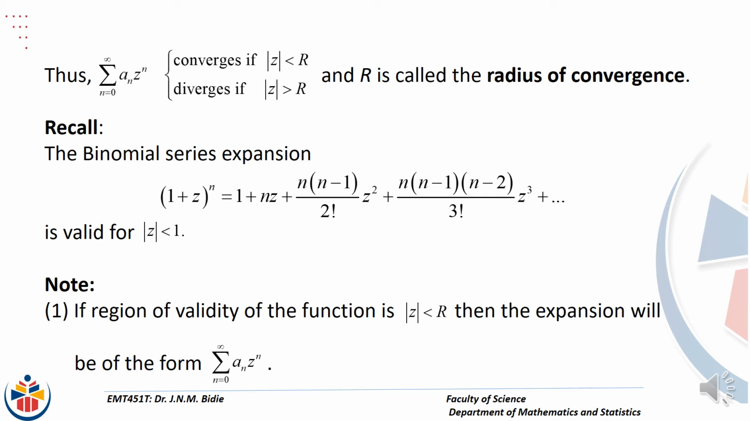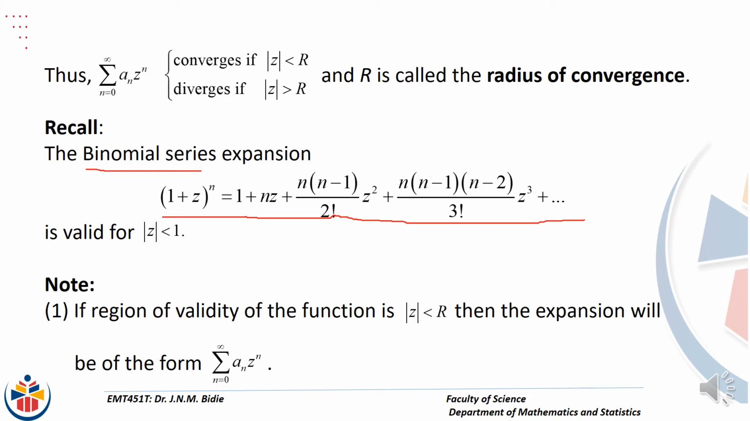This has just been summarized by that statement, and R is known as the radius of convergence. Also, we are reminded that the binomial series expansion is given by that formula. Note the first term should be 1. It's 1 plus z all to the power n on the left hand side. The right hand side is 1 plus nz plus the third term, which is n into n minus 1 over 2 factorial